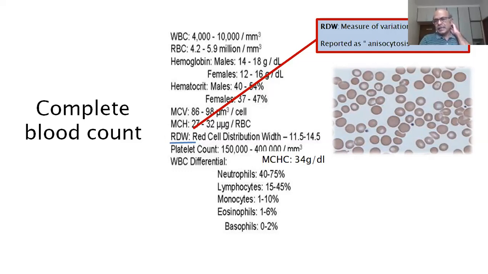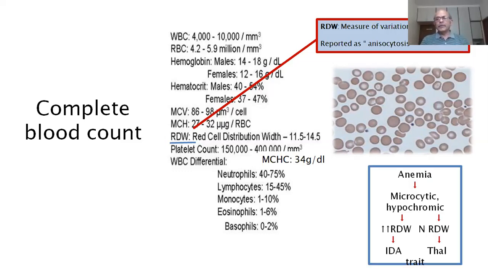And one excellent example to know the importance of anisocytosis in RDW is thalassemia minor. In thalassemia minor, you have RBCs of the same size, while in iron deficiency anemia, you have RBCs of various sizes. Some with a very low MCV, some with a slightly low MCV, so the cells are of various sizes. Hence, in patients with thalassemia, hemoglobin is low, MCV is low, but RDW is normal. While in patients with iron deficiency anemia, hemoglobin is low, MCV is low, but the RDW is increased.